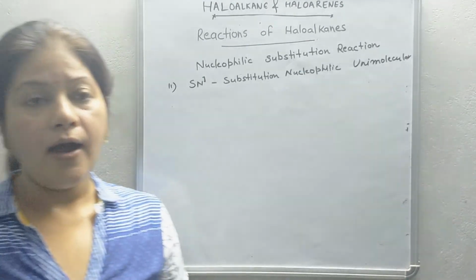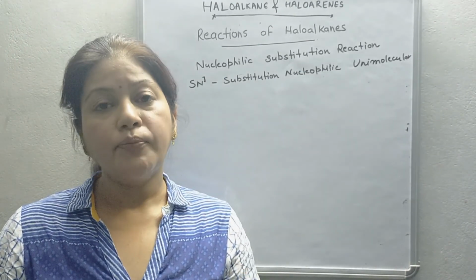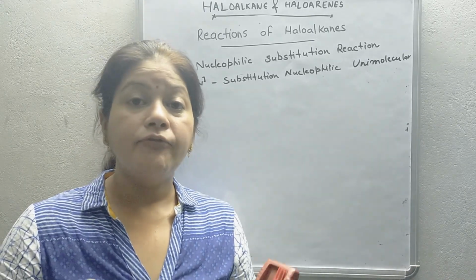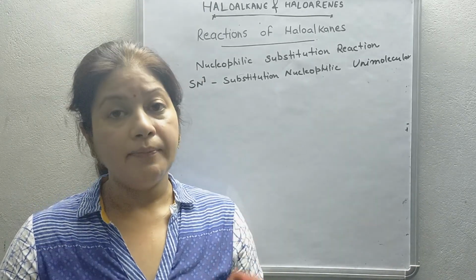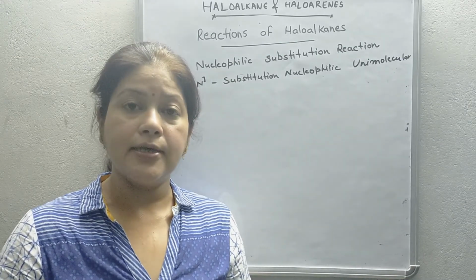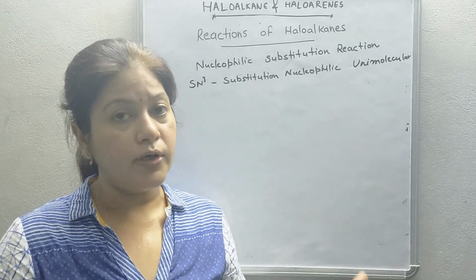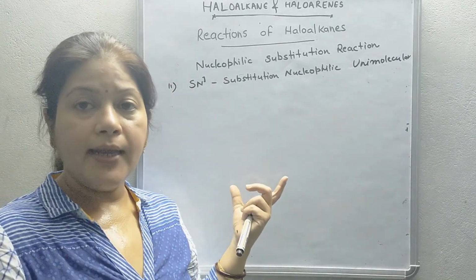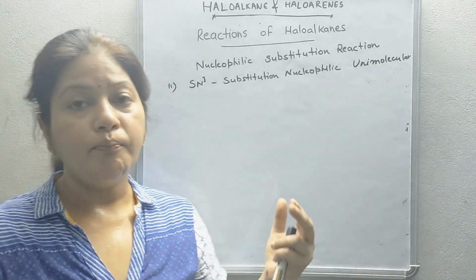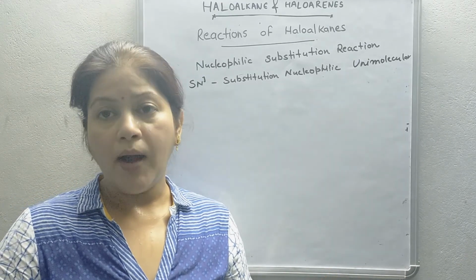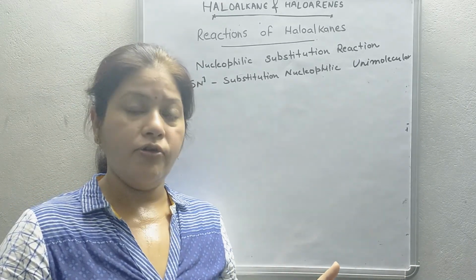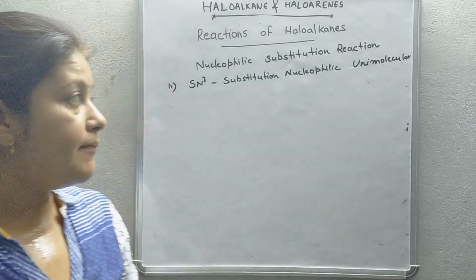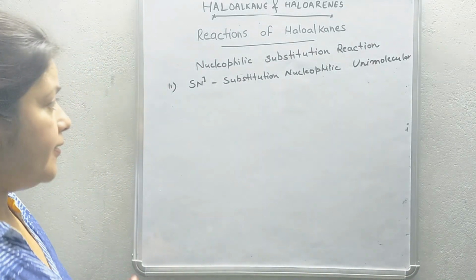It is carried out in polar protic solution. What is polar protic solution? Which gives or which liberates hydrogen ion in the solution is called polar protic solution. We understand this mechanism. We take example butyl bromide, which reacts with hydroxyl ion and gives butyl alcohol. The mechanism, the reaction is here.